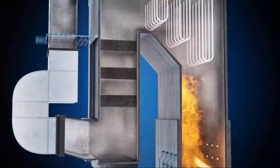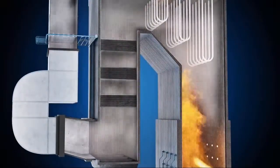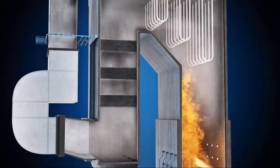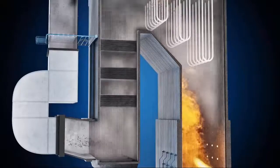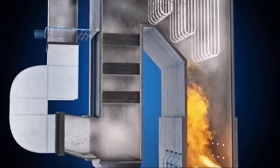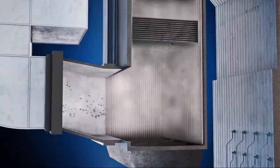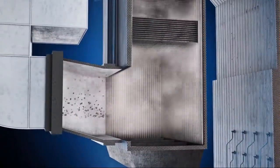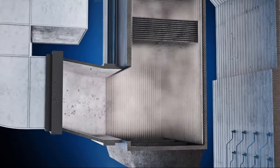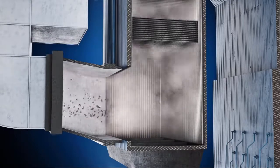while the heavier particles of ash fall to the bottom of the boiler. The hot flue gas containing finer particles of fly ash naturally flows up to the top of the boiler and around, down, and out through the backpass section. The last section of the boiler is the economizer. Because of the shape and the flue gas flow path, some of the fly ash falls out here into hoppers. This economizer ash is pulled by vacuum, mixed and sluiced with water to the ash booster station where it is